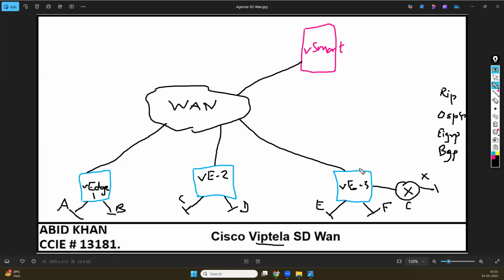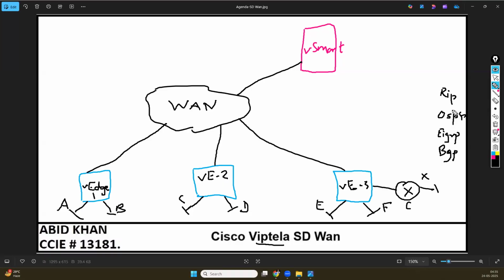But once Cisco took over Viptela, and Viptela SD-WAN became part of Cisco's product range, what happened? They modified the IOS images running on these WAN edges to support